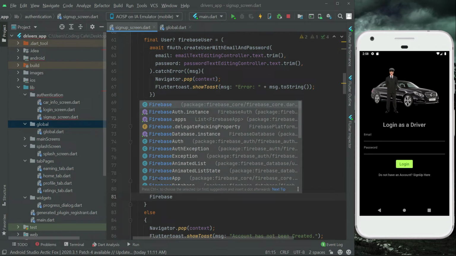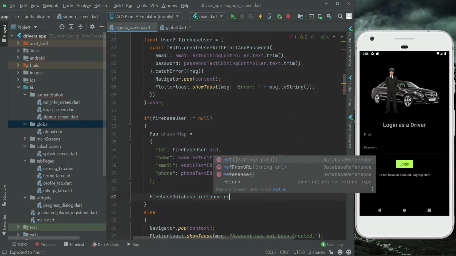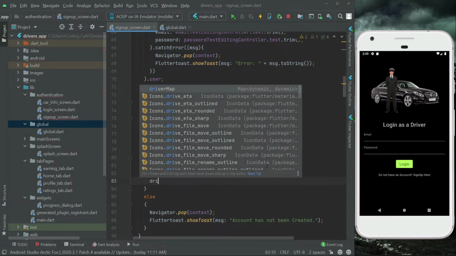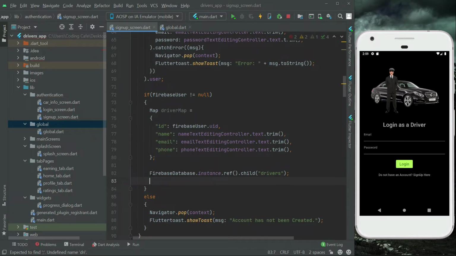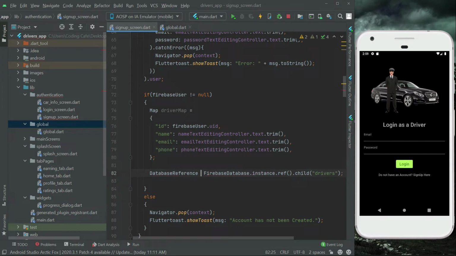First of all, let's create a reference to a database. So you can say Firebase database dot instance dot reference dot child. So we will have a parent node by the name drivers, and inside this parent node drivers we will save all the drivers information, okay, with the help of each driver unique user ID. Okay, so how we can do it? We can say here driver, let's give it name as, first of all, create a database reference object by the name